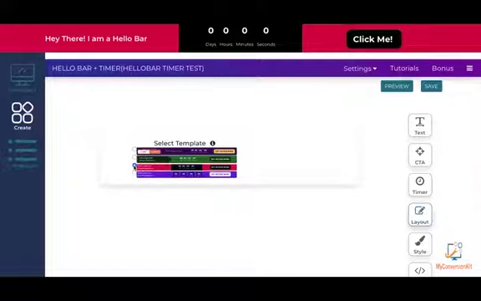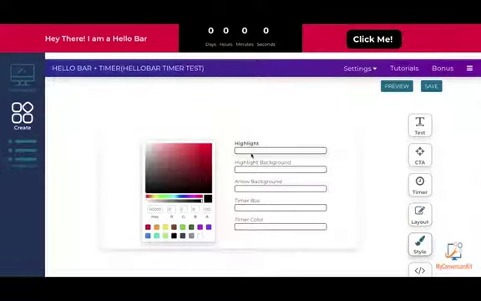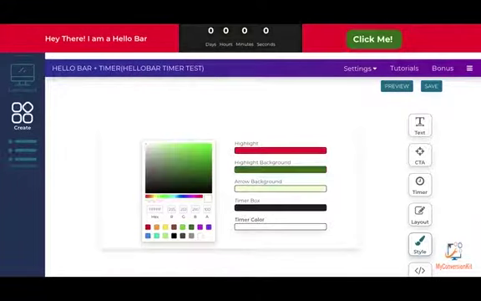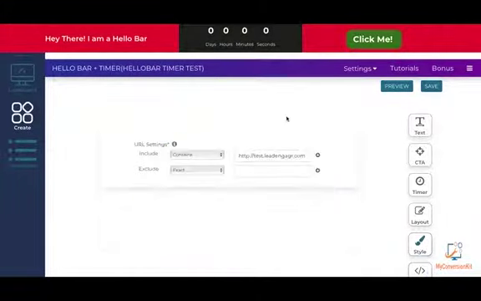You can also style these themes. As you can see, you have got color options. You can highlight the background, you can highlight the arrow backgrounds, you can select any colors from the color box and you can just put it over here. Now let's go on trigger and let's put the name of the web page where you want to trigger this and then save this.